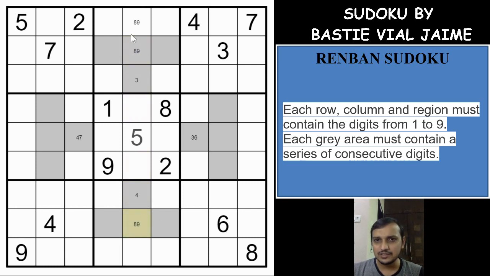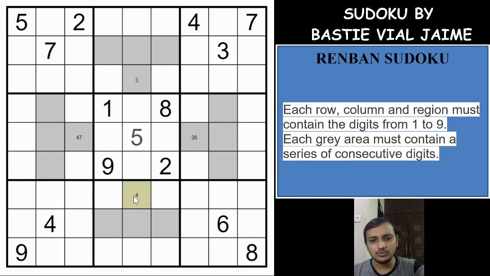So the maximum number that you can get here is 3, 4, 5, 6. You can get a 6 here, that is the maximum number possible here, and the maximum number possible here is 4, 5, 6, 7. You can get a 7 here because of the Renban groups, which have a group of consecutive cells, right? These shaded groups have consecutive cells but not in any order. So these can be in any order, but the maximum number you can get here is 7, and here it is 6 if you have 4 and 3. So both the possibilities of 8 and 9 are eliminated here, and you have only one possibility for the whole column where you can have 8 and 9 both, which violates the rule.